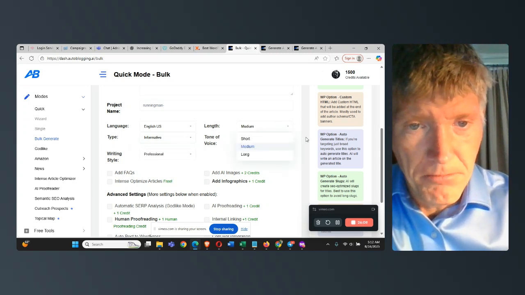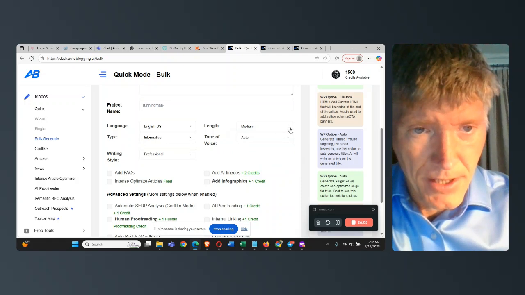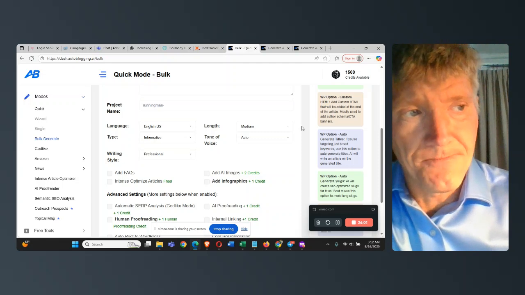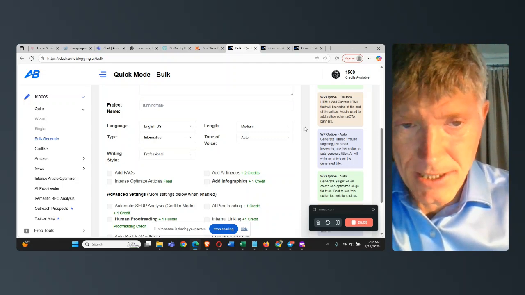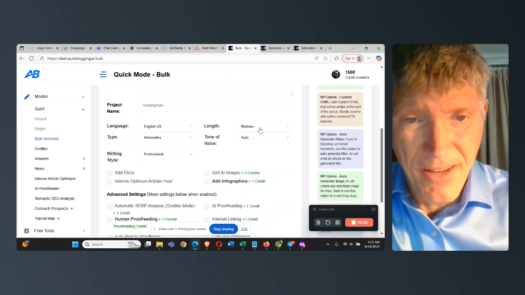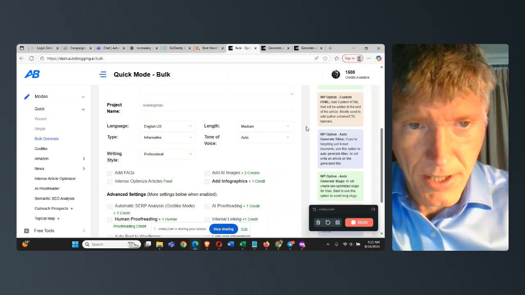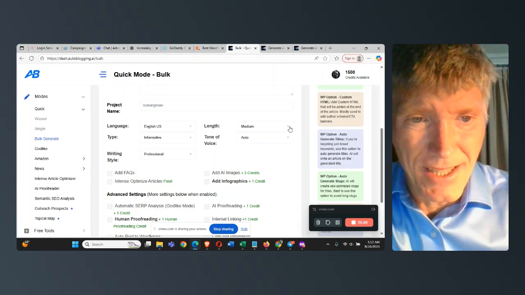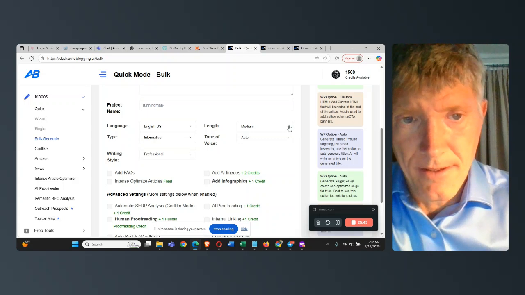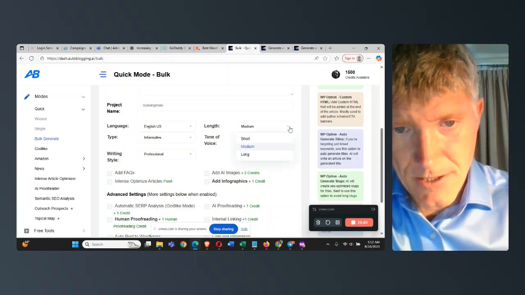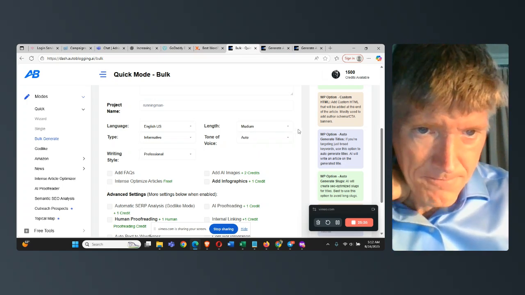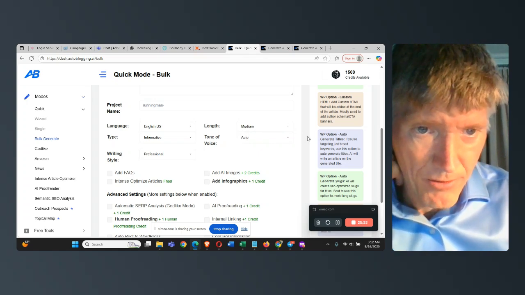I stick to medium articles. I used to do long, but it's just not needed in the age of AI, especially with Google prioritizing more transactional articles. If you're doing long length informational type articles to try and beat out the other people, it doesn't really matter because informational type searches are being eaten up by the AIs. You need transactional type pages, and most of the time those are pretty short. So I stick to medium, and then just let it figure out what it wants to do.